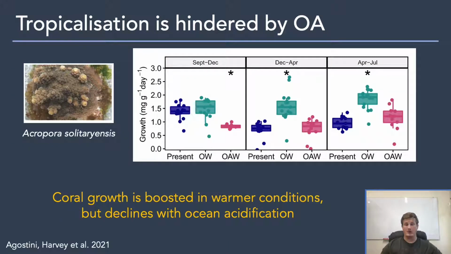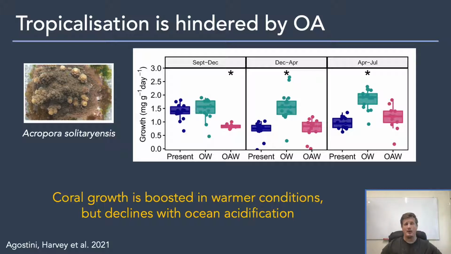Now, for the corals, as I said previously, they are normally subject to cold water bleaching within the winter months within our present site. And so overall, the control within Shikine brought about warmer conditions that would actually boost their growth. And so for the most part, we saw greater growth, particularly during the colder months of December to April and April to July. However, across the board, we would find that despite the warmer conditions, ocean acidification would then cause declines in the growth, such that it would often be as low as the present environment.